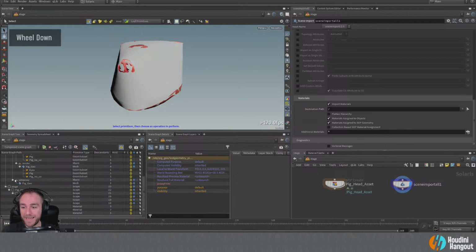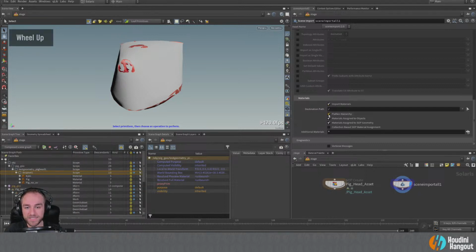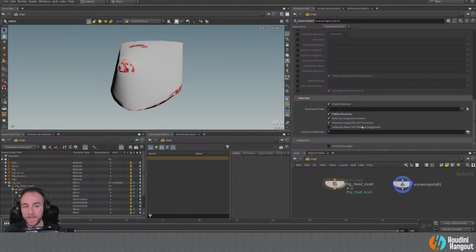So the real mess that's happening here is with the shaders, right? Because these are all just super deep in these different networks. So what we're going to do is I'm going to say flatten hierarchy here first of all. And then the other thing that we can do here is we can change this to look at different shaders and things like that.